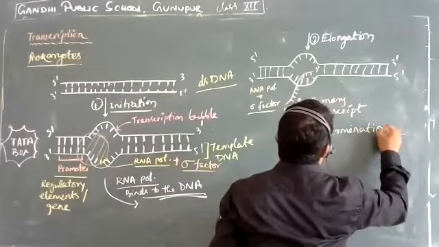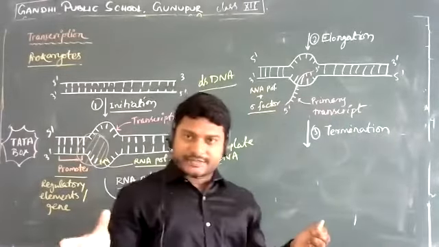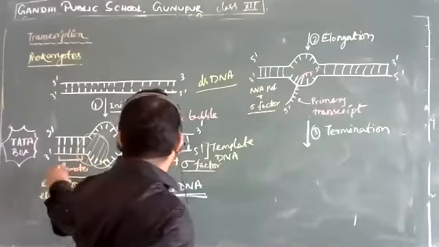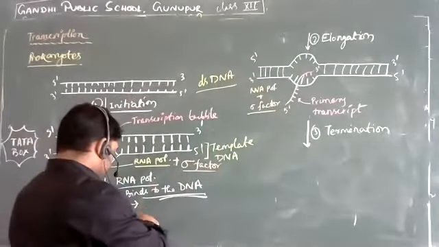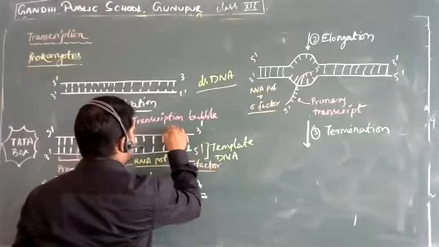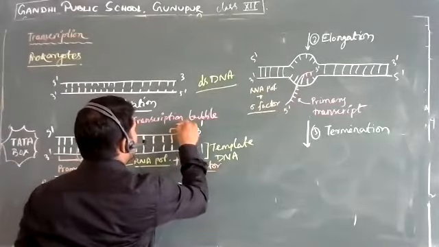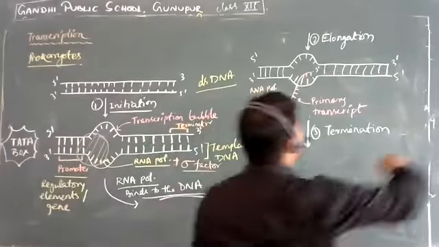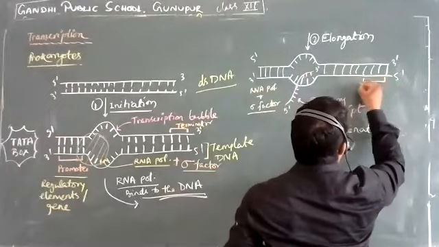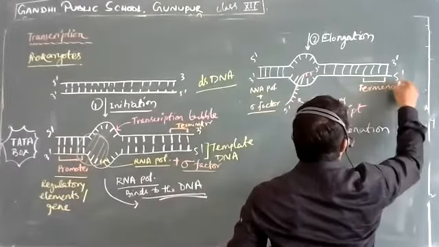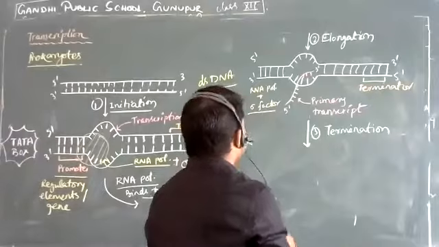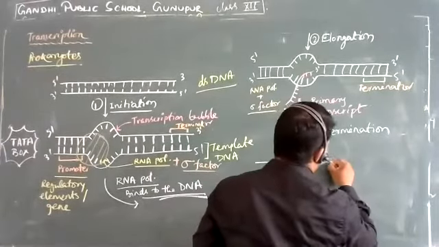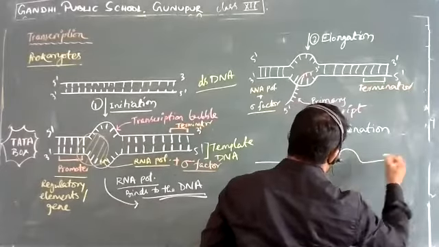termination. So we know that the transcription unit, the entire transcription, continues within the transcription unit, and you have the promoter here. Let's imagine this area to be the terminator region, right? If it is the terminator region, here we also have the terminator sequence. So what will happen, let's see again: the transcription bubble moves towards the right side, and it is going to continue.